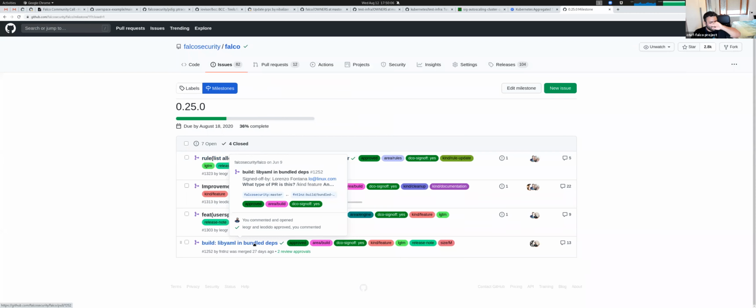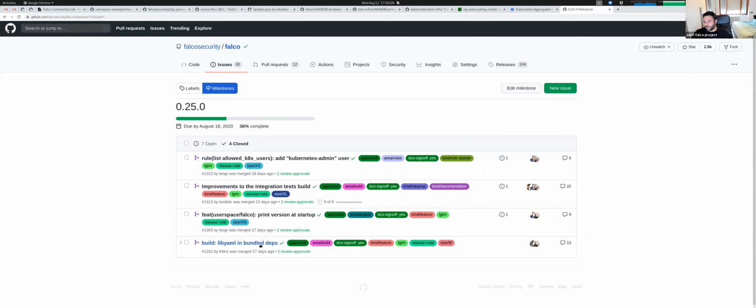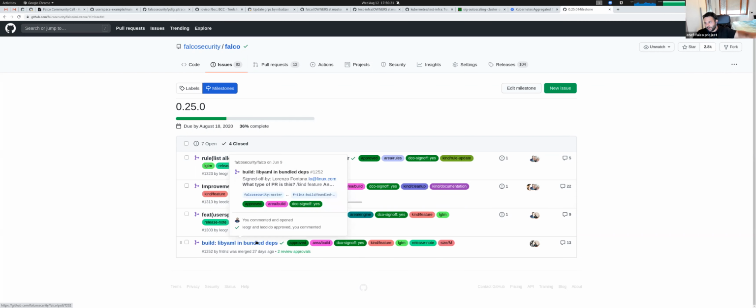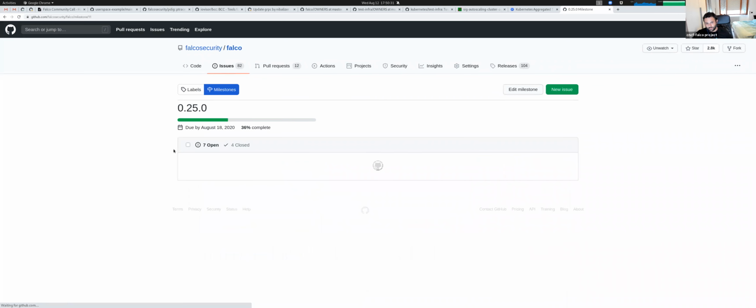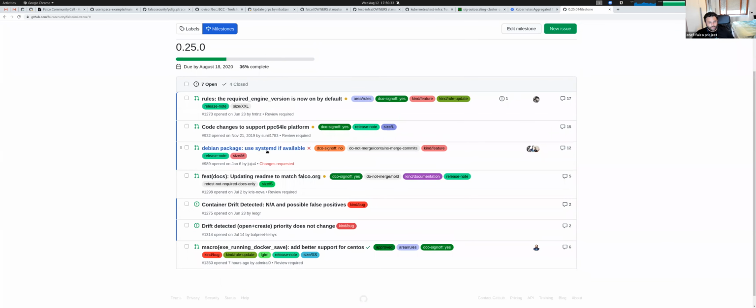This one was very annoying because new systems don't have libyaml in their packages, so many users are reporting that they cannot install libyaml and so cannot use Falco. After this release, libyaml will be bundled into Falco as a static library. There are also some improvements to the integration tests and some rule updates. So it's a very small release, and pushing it 1 week is okay.